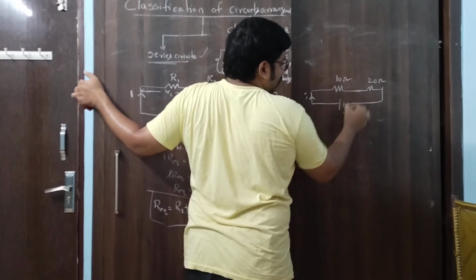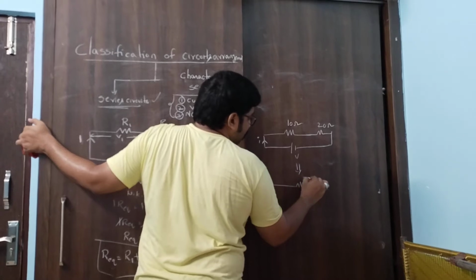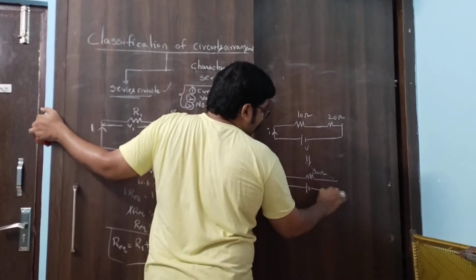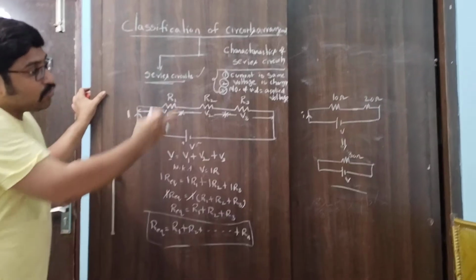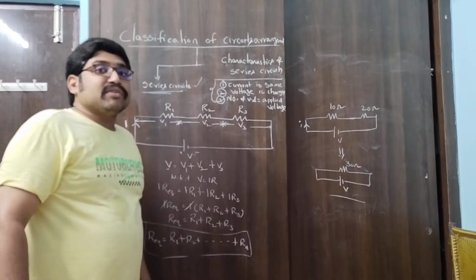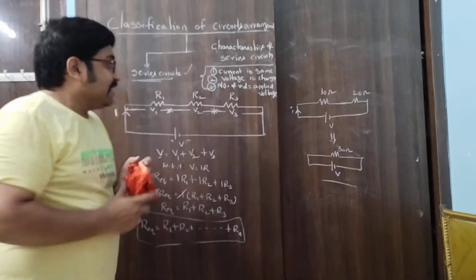So what we need to do in order to find out the equivalent resistance is to write 10 plus 20 is 30 ohm, and thereby you have the voltage V. So this is how you need to do it whenever the resistances are connected in series. You just need to add. Next thing is